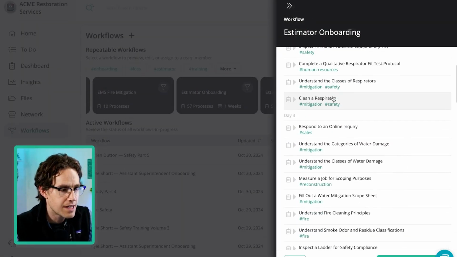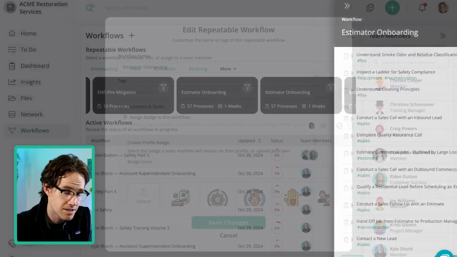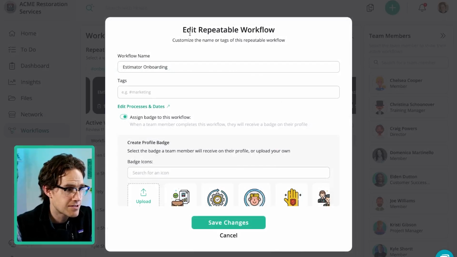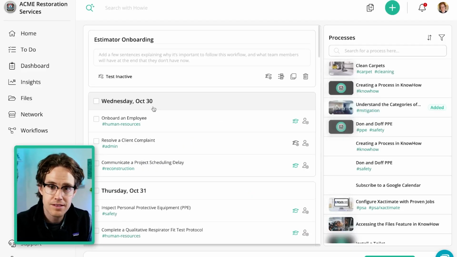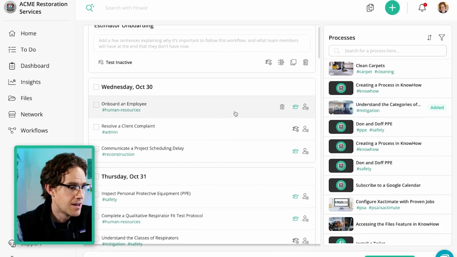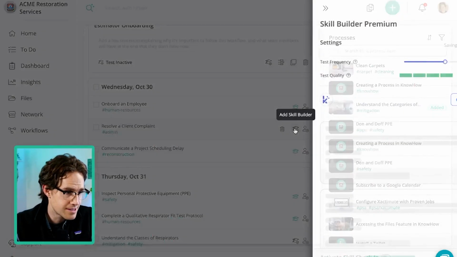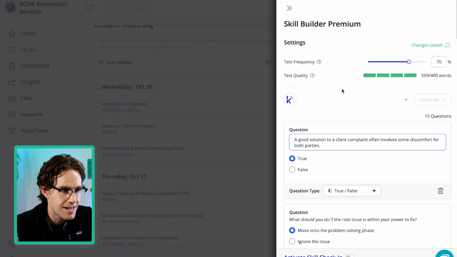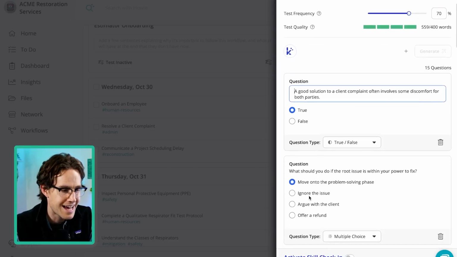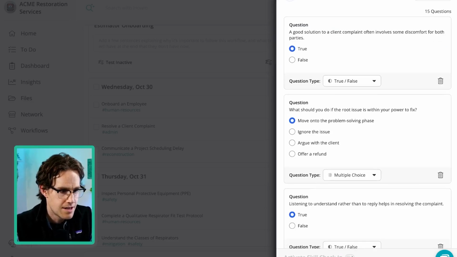These are for all my new estimators, and it just breaks down all the processes that I want all new estimators to know. I'm going to edit this repeatable workflow, which allows me to just drag and drop people to get trained up as an estimator because there's some new functionality here. You may have seen this already, but these are called skill builders. So these are AI generated tests based on the text of your process that you can enable so that when